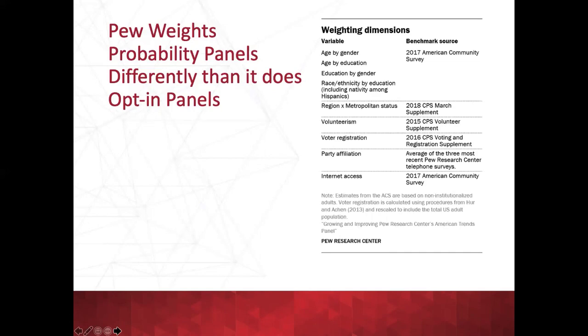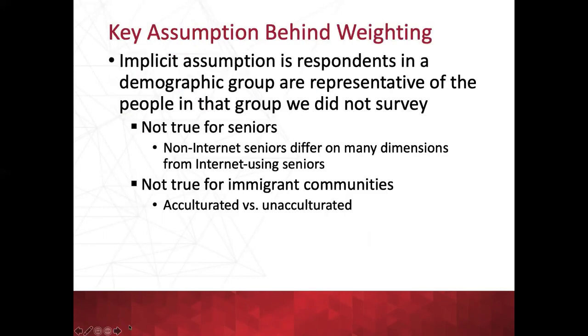And so for that, they use a slightly different weighting scheme because they had more control over how it was built. They added volunteerism and internet access, which for online surveys obviously wouldn't make sense, but they knew whether the person had internet access prior to joining or not. And the status of a region's size, because we're seeing differences by rural, suburban, urban. So again, different decisions based on different data sources, in that case by the same organization.